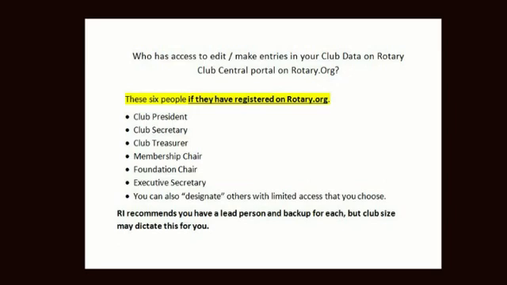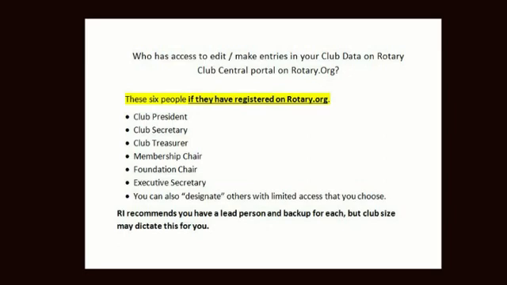It just means that somebody else may have the opportunity to help you set these goals or run reports or help maintain the club. So keep that in mind. You as an officer have the right to delegate your access out, but you also have the right to take it away from someone. They'll have the same online access. They just won't see anything that's private and personal to you, like your profile, your personal giving history, and so on. It just gives them access to help come into these types of tools and assist.